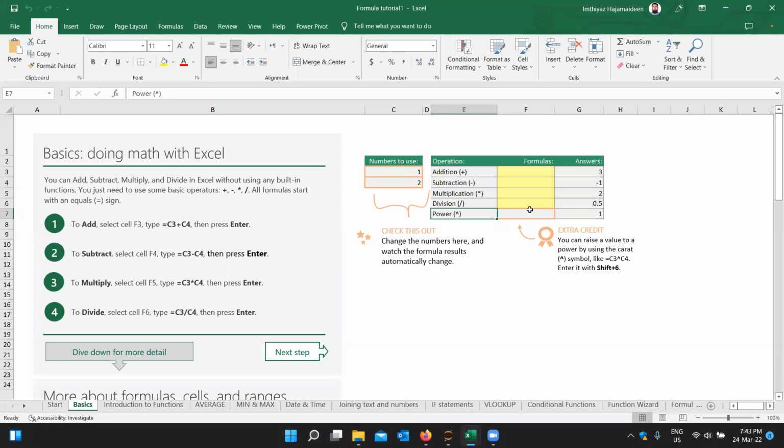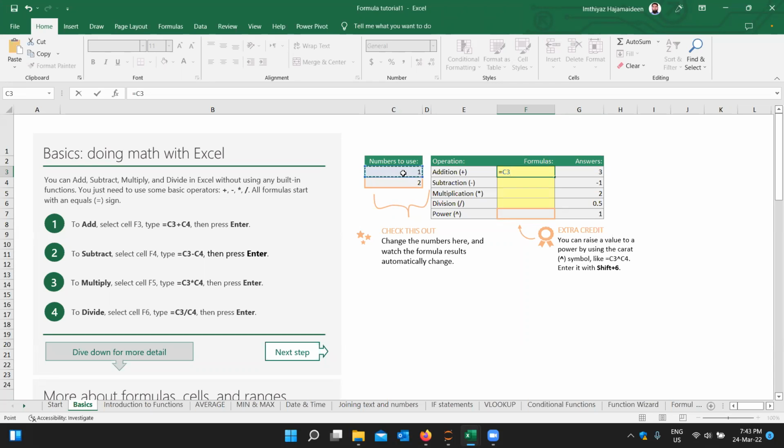So here, they have given two numbers for us and we have to give the answer in each cell according to the operation. The basic rule of a formula: any formula will start with the equal to sign. You have to give this equal to sign in all the formulas. Wherever you see this, you can understand there is a formula. Got it? So we start with equal to